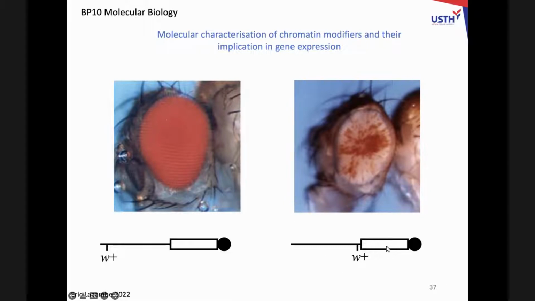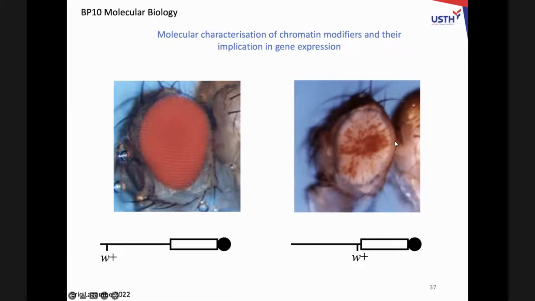Because heterochromatin, what we saw, means that we don't have gene expression. So they did put it just before heterochromatin, but you see the wild type gene expression is not good at all. Okay. So you understand this experiment. It's very simple. You put wild type gene in euchromatin, you restore the phenotype. You put the wild type gene close to heterochromatin, you don't restore completely the phenotype. Okay. And the researchers were very clever to use this phenomenon to understand what are the writers and the